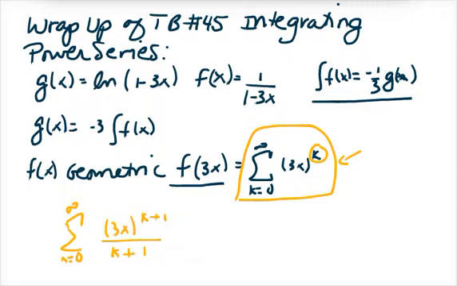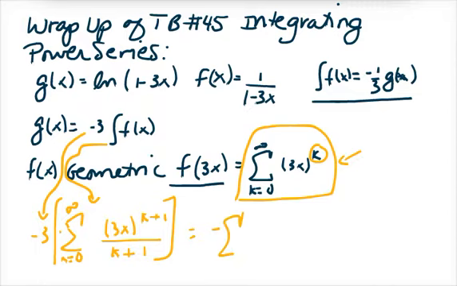Oh, it's minus 3. Oh, let me back that up. So this was minus 3 times the integral of f of x. So here's the integral of f of x, and of course here is negative 3. Pulling that into summation, it would be equal to minus the integral. If I'm going to move the index to 1, I'm going to add 1 on the bottom. I'm going to subtract 1 on the summand, and this becomes this, which is a geometric series,